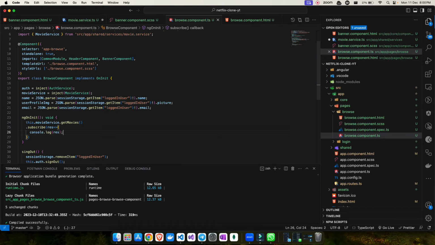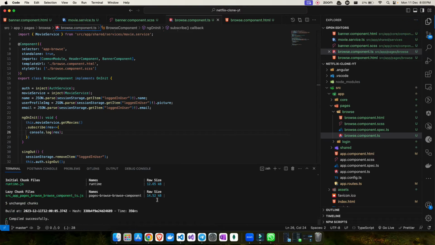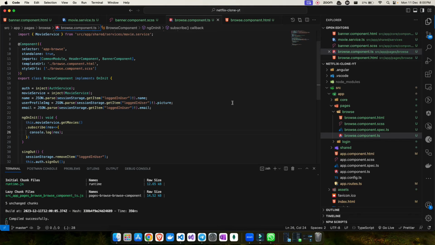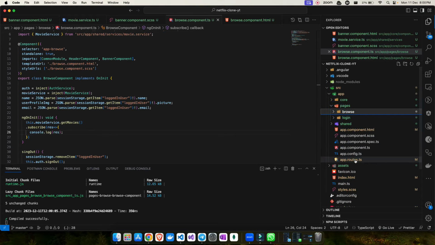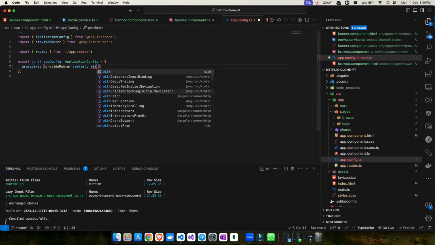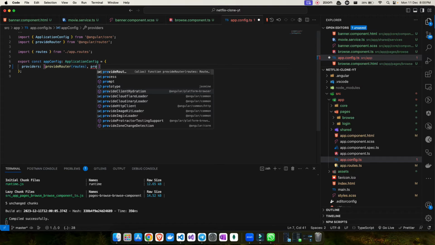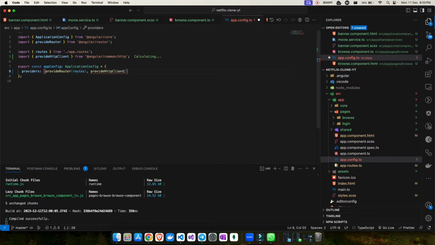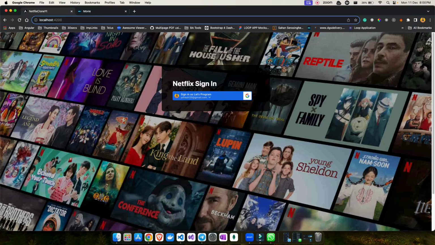Okay, so now once I save the changes, save everything, let's see if the compile is successful. Yes, now if I go here, see it is failing. Why? We are using HttpClient, and maybe we haven't imported the HTTP client module. So in standalone, what you need to do is go into your app.config.ts, and add in the providers array provideHttpClient. Once you add this in the providers array, it is also imported automatically once I press tab, and now you will be able to use it. Okay, so now see, there are no issues.